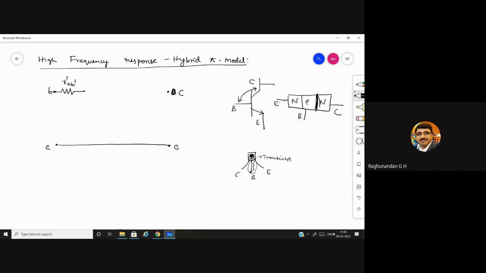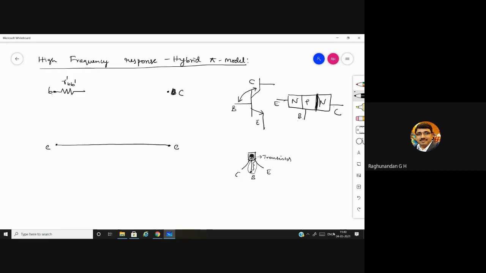What are those capacitances? Diffusion and depletion capacitance. Yes, very good. When do we get diffusion and when do we get depletion capacitance? Diffusion when the diode is forward biased and depletion when it is reverse biased. Yes, good. See, this junction is going to exhibit some capacitive behavior. That capacitive behavior is what we call junction capacitance.